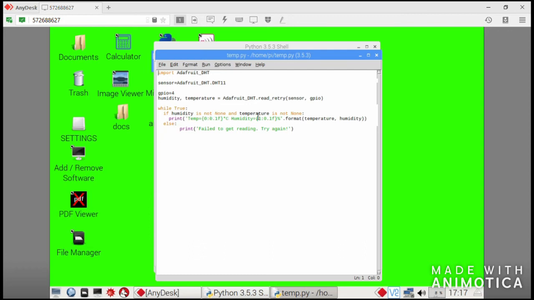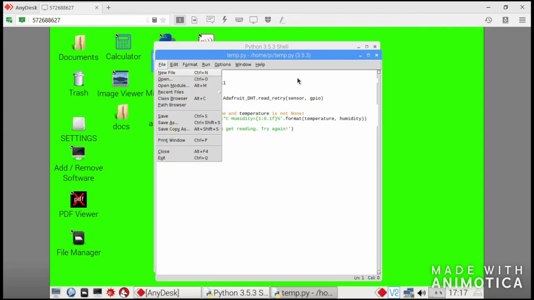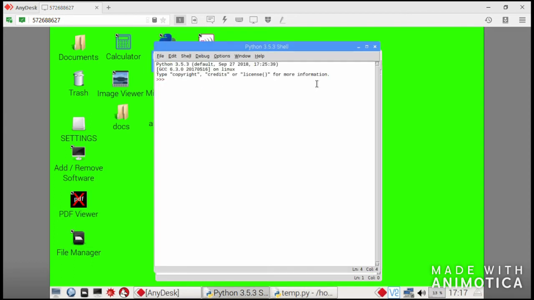If so, it will show the value in the form of temperature and humidity equals to, and here it is the else. If it isn't getting an input, it will show unable to get the input,